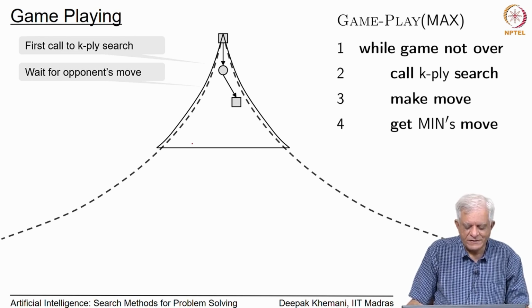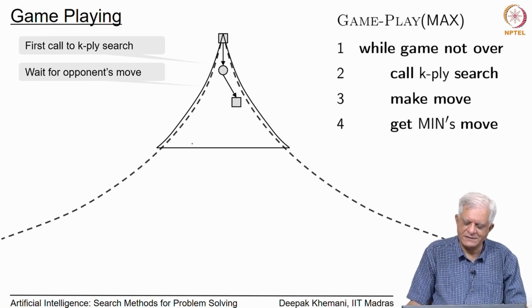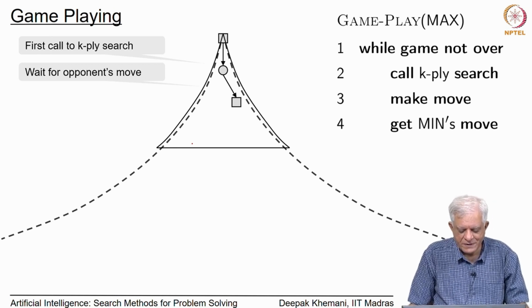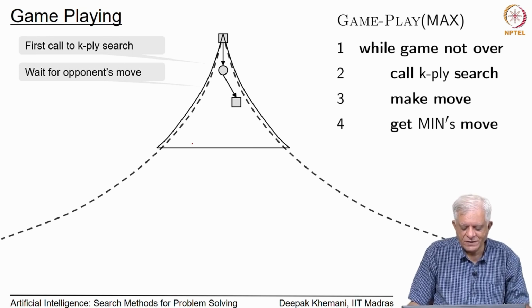So, this is the first cycle of this game playing which is over, which is that you have made a move after doing k ply search, and the opponent has made a move by whatever means the opponent is adopting, and now again you have to make a move. Now, obviously, this is a node that you have seen earlier in your k ply search, but now you want to again look at k plies ahead from this particular position.